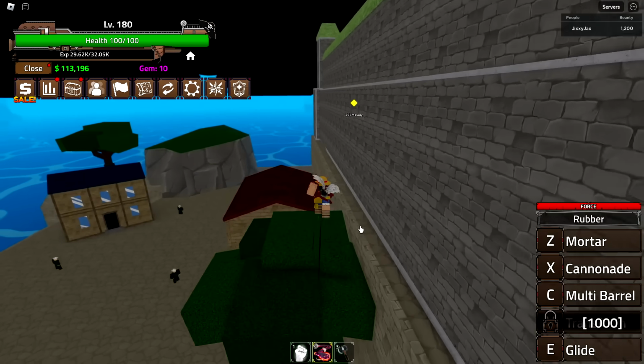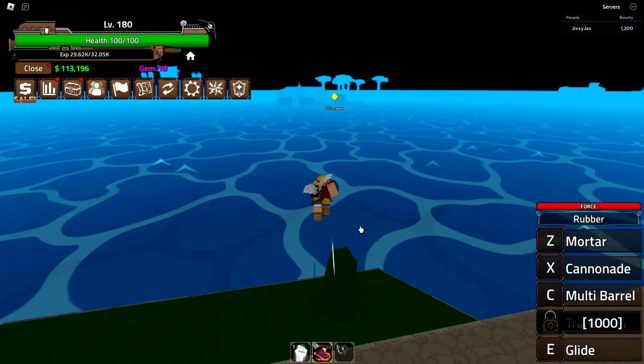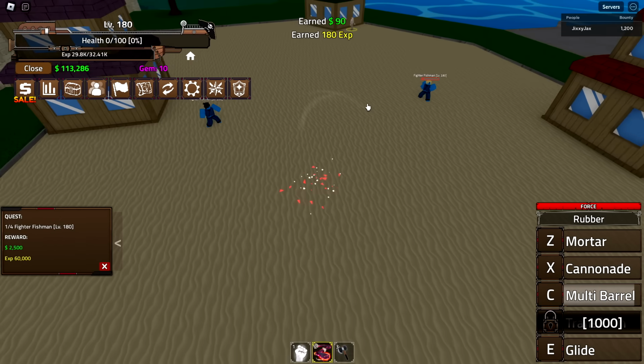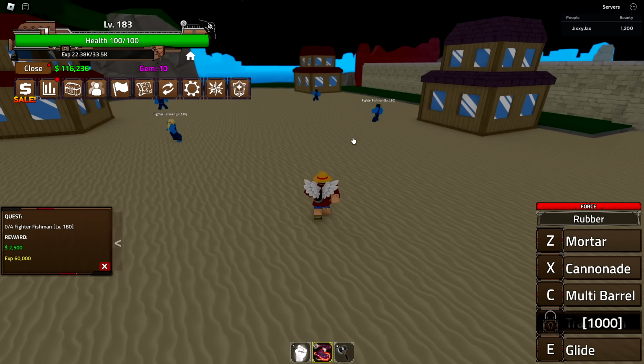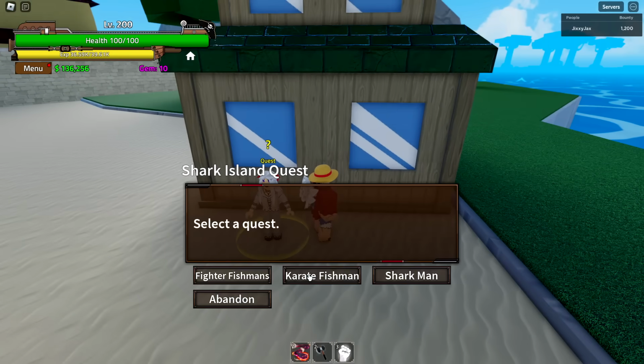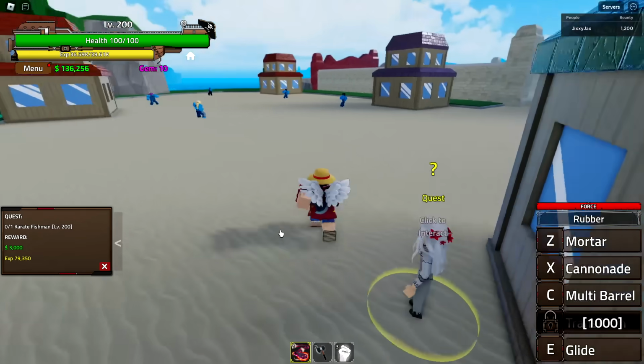And our experience boosts just ended right now, but we're level 180 now, so we can head over to Arlong Park. Ooh, but I can't do 2 at a time. That's good. Ow, never mind. But we are getting very close to the level requirement for us to use that hat. Okay, level 200. So now we can do an easier quest of the Karate Fish Man. All we gotta do is...